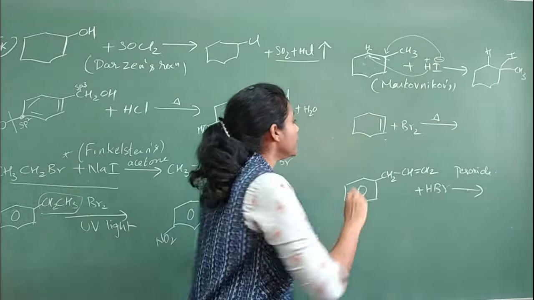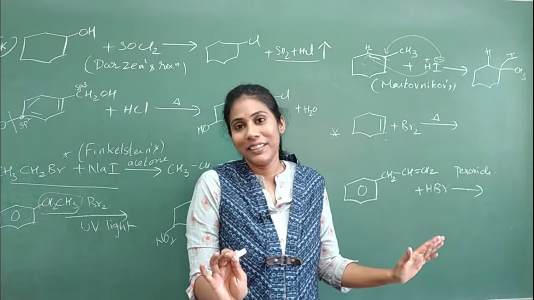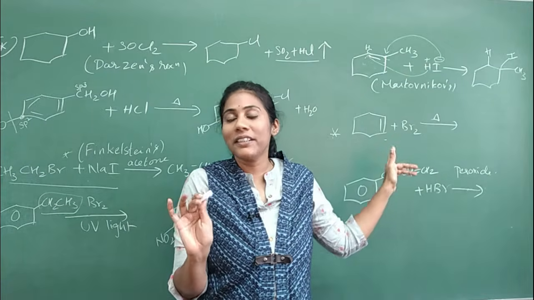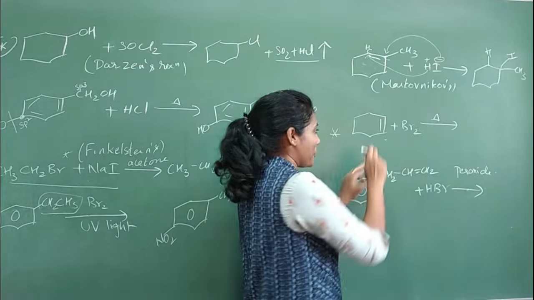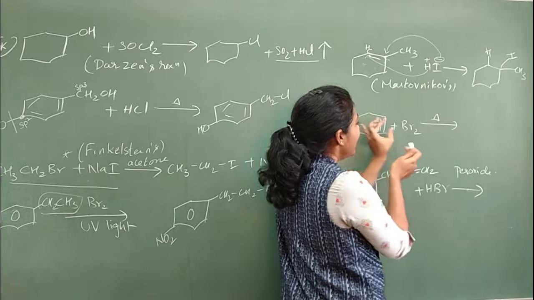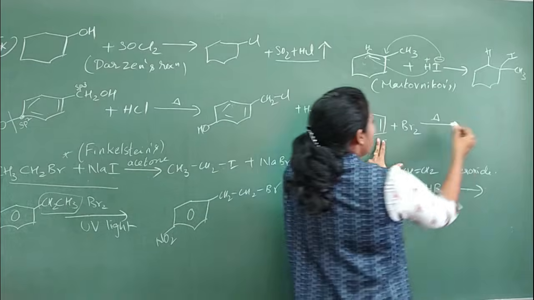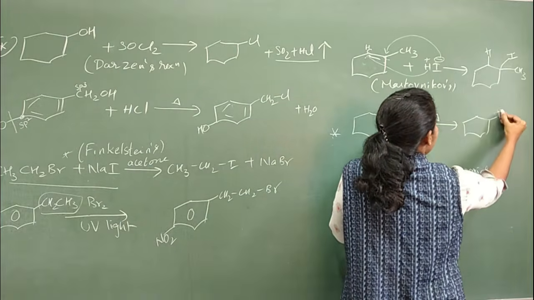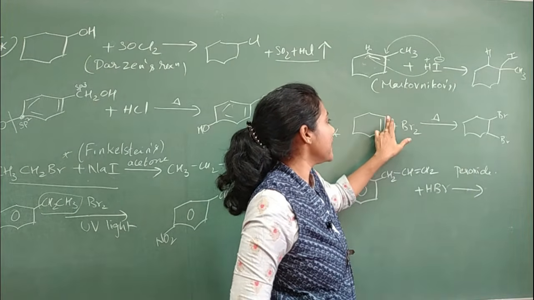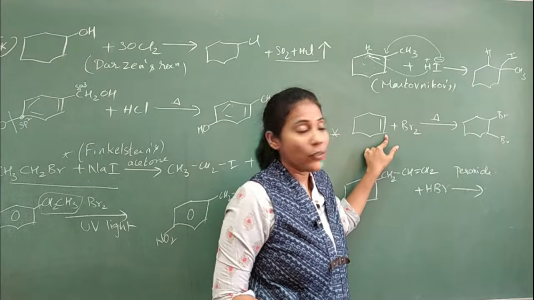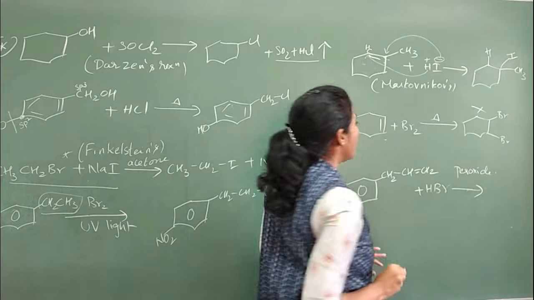Coming to the next example, which is a very, very important example, most of them will write its product wrong. 90% of them will write the product wrong. See, I will write the product that is expected by 90% of the students. What they think is, say this is an alkene and here you have bromine, so they just do an addition reaction. Normally you tend to write the product as this. Wherever a double bond is there and you are adding something, one atom gets added to one carbon, the other atom gets added to another carbon. So you would write the product like this, but this is completely a wrong product.